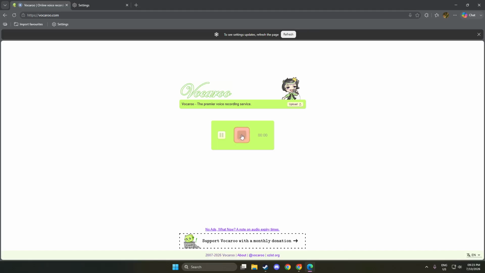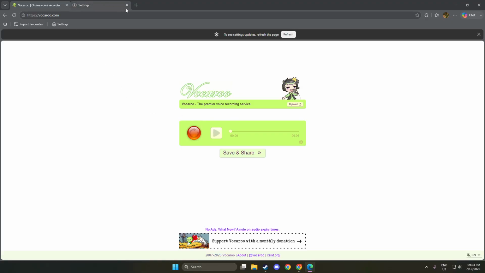Now refresh the page to apply the changes you just made. This step is essential because it ensures that the new permission settings take effect. By refreshing the page, you allow the website to recognize the updated microphone permissions. You will likely notice that the website reloads and any features that require microphone access will now be functional. This simple action solidifies the adjustments you've made, confirming that everything is set up correctly.